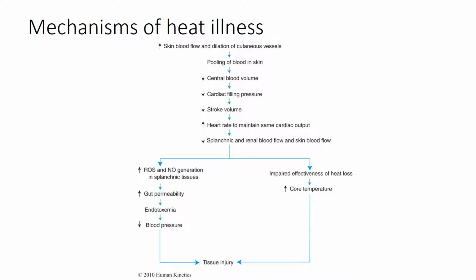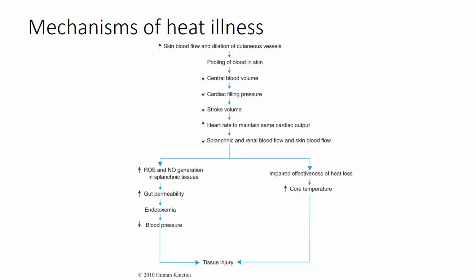which makes it so our heart isn't going to fill as much with blood, so that stroke volume goes down. It's cardiovascular drift. Okay? Our heart rate has to go up. This in turn is going to decrease our blood flow to our kidneys, through our digestive tract, and also eventually to our skin. Now, when we start decreasing our skin blood flow, it turns out we're not going to have as good a heat loss. Our core temperature is going to go up, and eventually that can literally bake us from the inside, causing tissue injury.